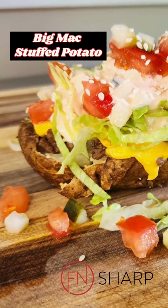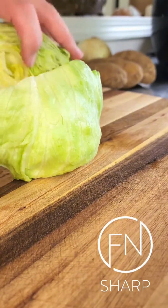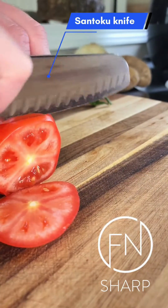Big Mac stuffed potato. What a fun way to serve up this iconic dish. With the effin' sharp Santoku knife, we're going to prep up some iceberg lettuce, get that shredded, slice up some fresh tomato,